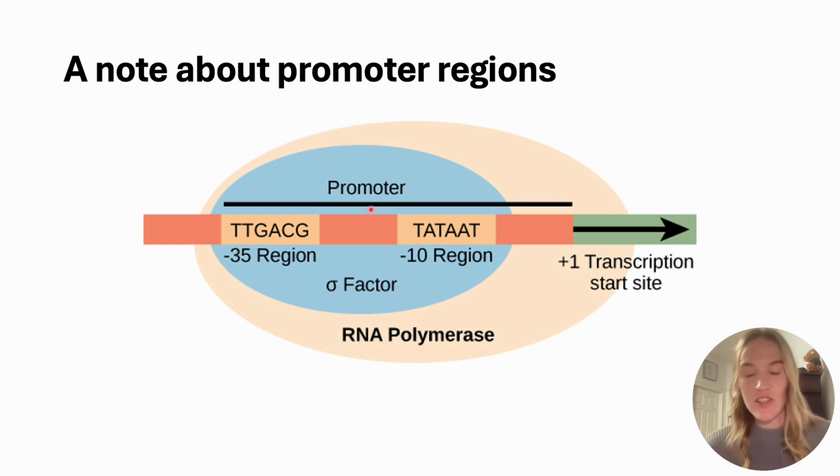So this is the promoter region, just a sequence in the DNA, consensus sequences in the DNA that basically tells RNA polymerase where to bind. This is not the same as the transcription start site. The transcription start site is over here. So the promoter is not the same as the transcription start site. The transcription start site is over here. But the promoter is basically telling RNA polymerase, hey, there's a gene coming up. Get ready to start transcribing. And RNA polymerase says, cool, I will.